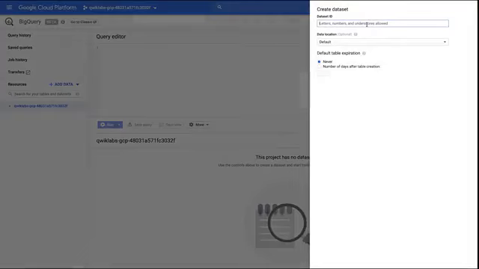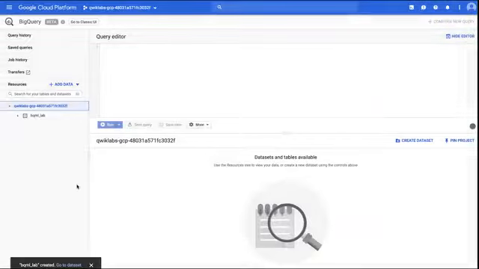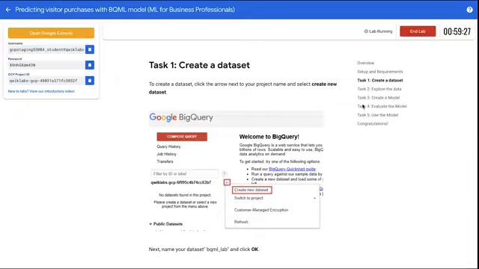And then you name that new data set. What we'll call it is BQML_lab. Hit create data set, and you'll see that under my project, I now have a new data set with the name that I just gave it. So back to the lab.